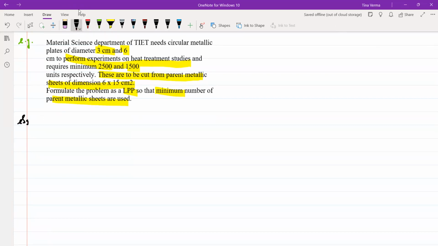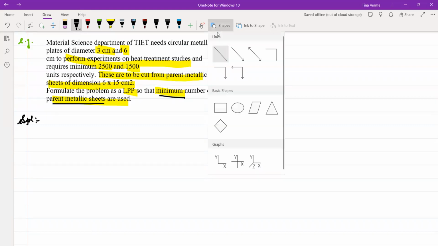Like in the previous example we started with the decision variable, but here if you notice, they are saying minimum number of parent metallic sheets. The parent metallic sheet is the 6 into 15 centimeter square. The same type of sheet is given to you, from which you have to cut patterns of 3 centimeter and 6 centimeter. So what you can do, firstly, is describe the patterns, that is, how they can be cut. So for that, what we can do,